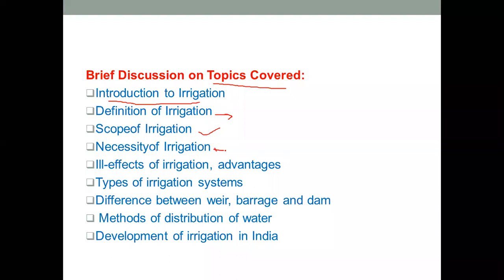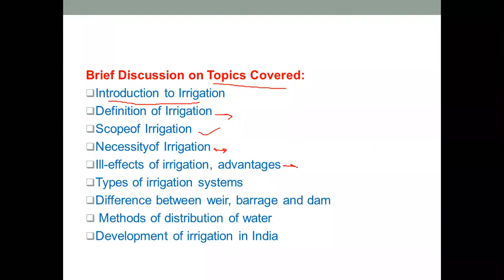Next point was the necessity of irrigation. Why is irrigation necessary, and specifically in a place such as India? It is necessary because India has just 3 to 4 months of rainfall, and even that rainfall is not uniform. It differs with respect to time, with respect to area, and with respect to intensity. So that is why we should have a source where we can artificially apply water in a controlled manner to the agricultural fields.